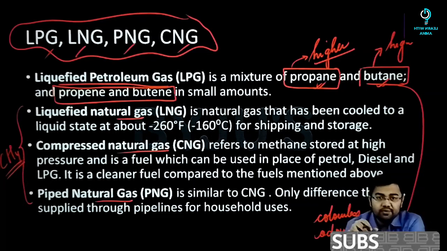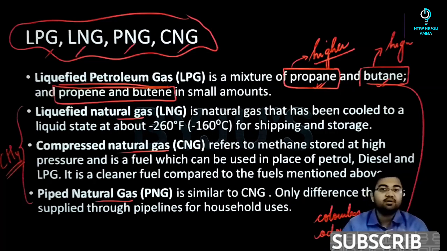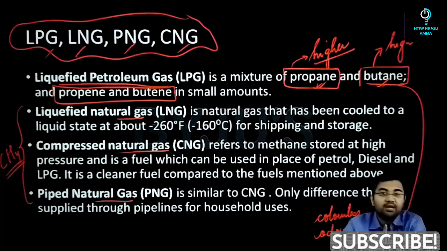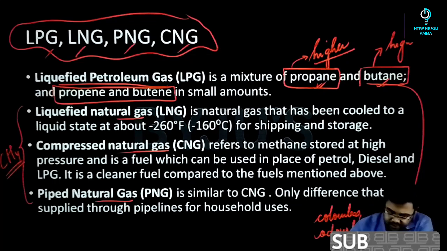But whenever you switch on the gas stove, it's not that you do not smell anything, you do smell something. And that pungent smell has been provided for this very reason, that if there is a leakage, a person should come to know about it. That smell does not come from butane or propane. That smell actually comes from something called ethyl mercaptan.